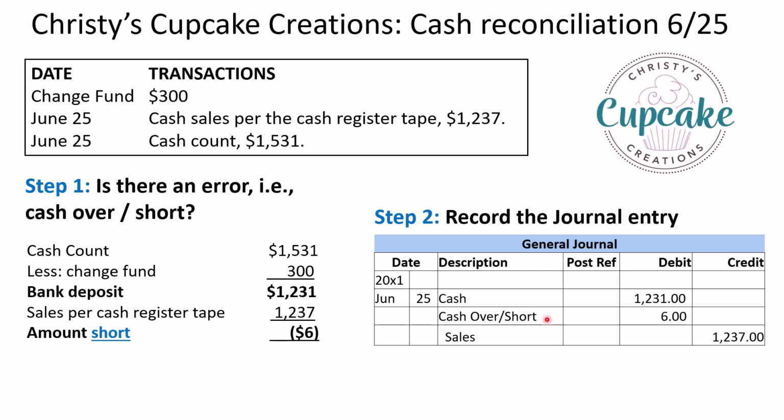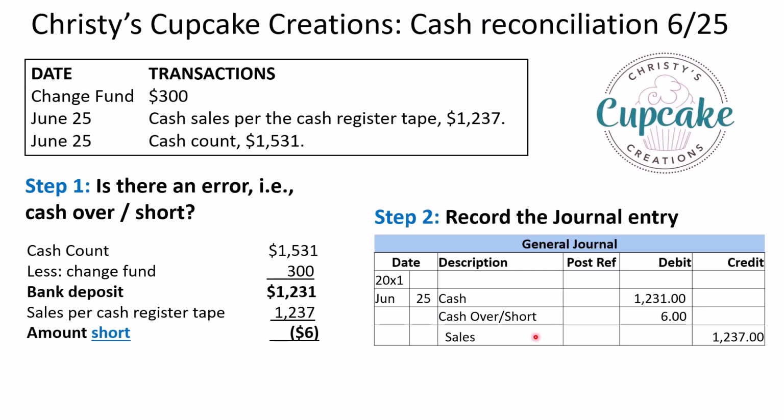Maybe you're wondering why we don't just record the cash deposit as sales. The reason is that the business wants to show accurate sales. For one, the sales account on the income statement has to match the sales register. In addition, businesses want to track to what extent cash shortages or overages impact the business. So again, when the business has a cash shortage, it's like an additional expense of the business. And we record that with a debit.